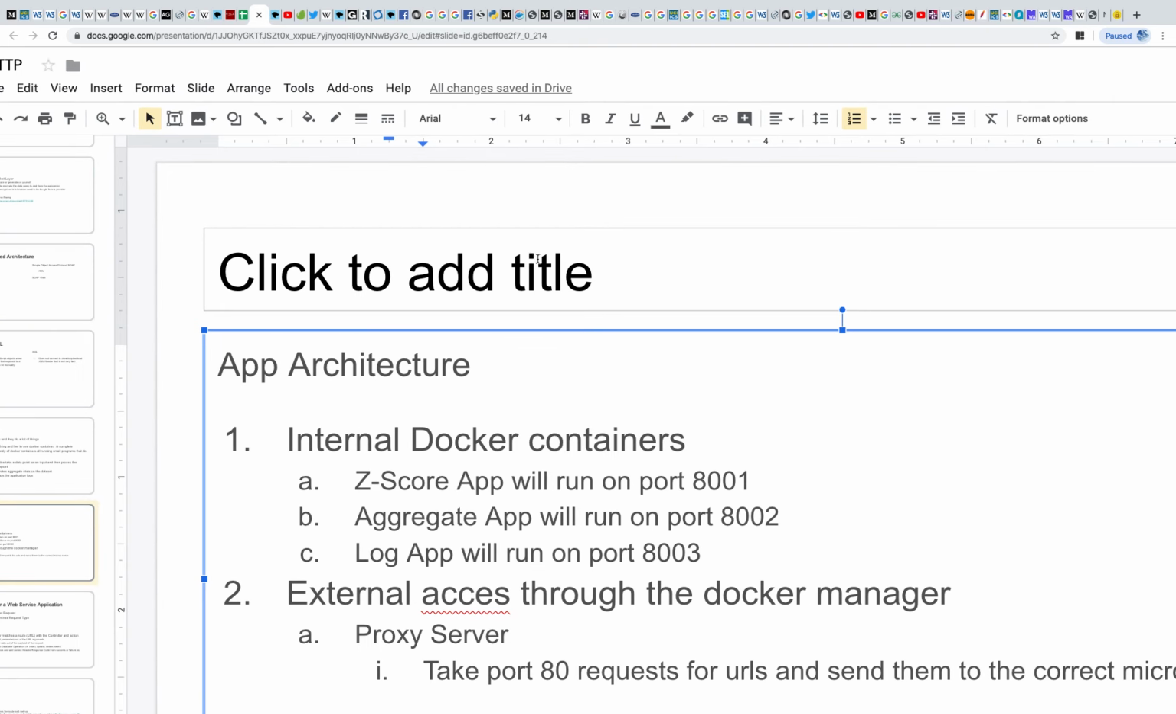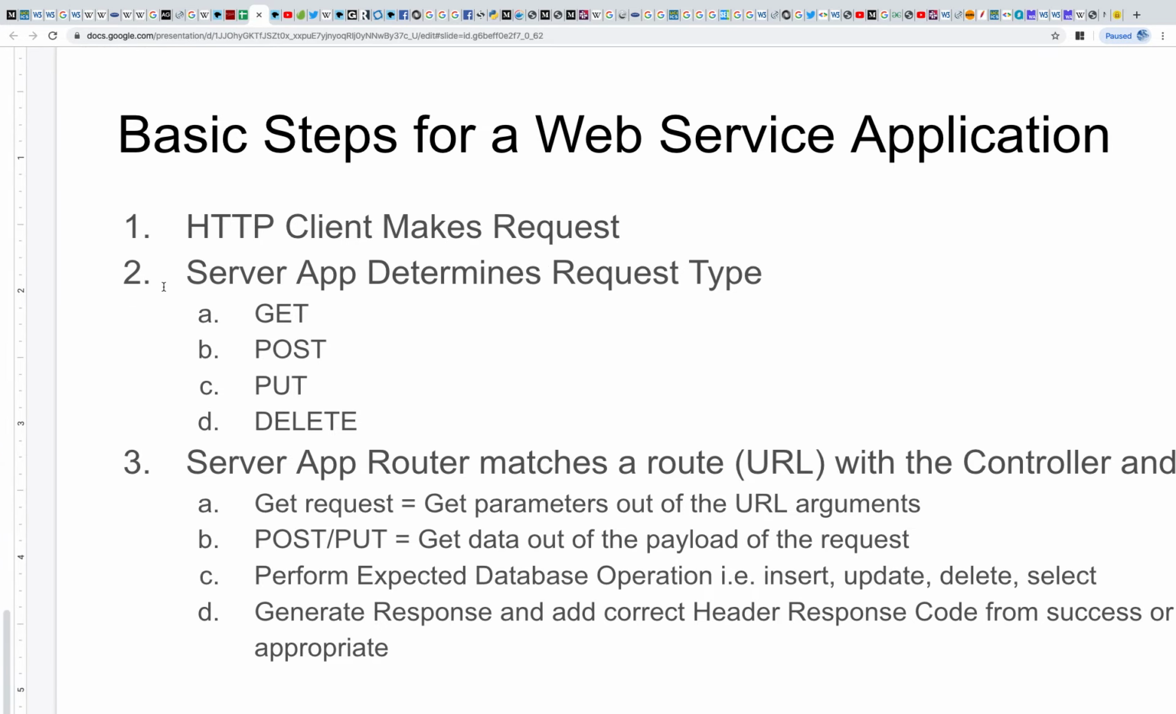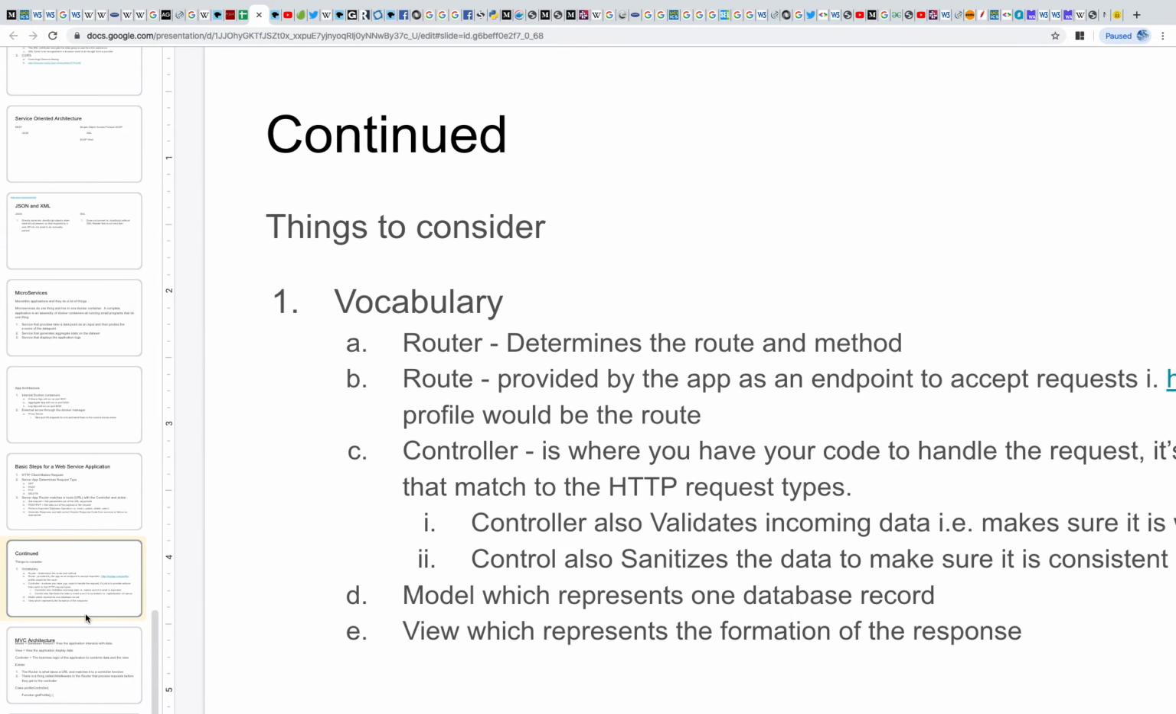Come on, this is too small. Yeah, we're done. But the gist of it is,